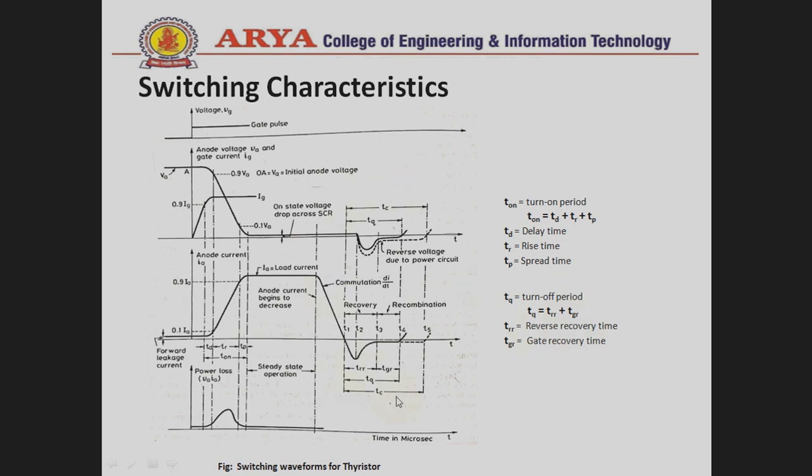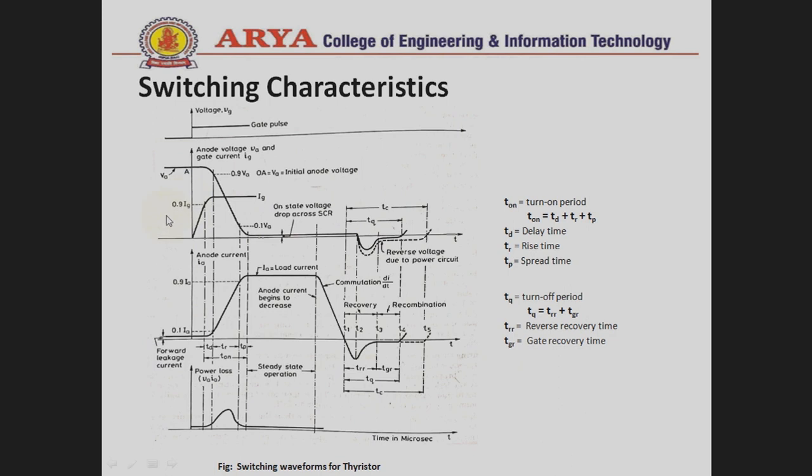And in this diagram, the T off characteristics are similar to the power diode switching characteristics, because in the reverse blocking mode the SCR works just like a diode, since no gate current or gate voltage is applied, and the symbol also looks like a diode. That's why it works similar to the power diode, and these characteristics are similar to the power diode characteristics. In this diagram, the T on characteristics differ from the power diode.